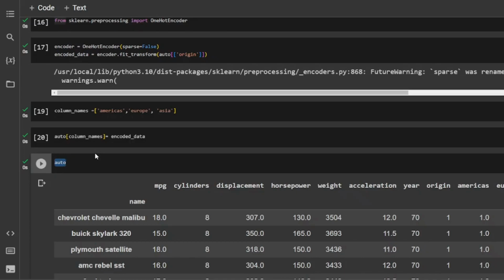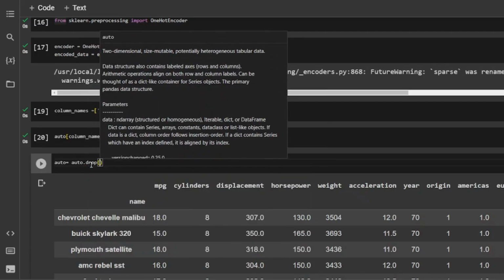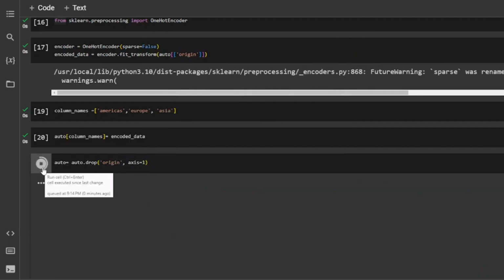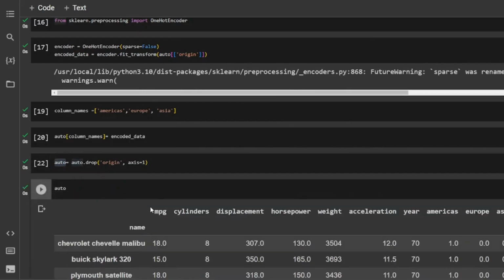Now it's not misleading anymore, because it could be misleading if we had left origin as it is. Now we don't need origin anymore, because that was the reason we got rid of the origin as a categorical variable, and we created 3 different columns instead. We are dropping it. To drop it, you just write the name of the column and indicate axis equal to 1. That means it's a column. We are assigning all this to the auto data. And voila,